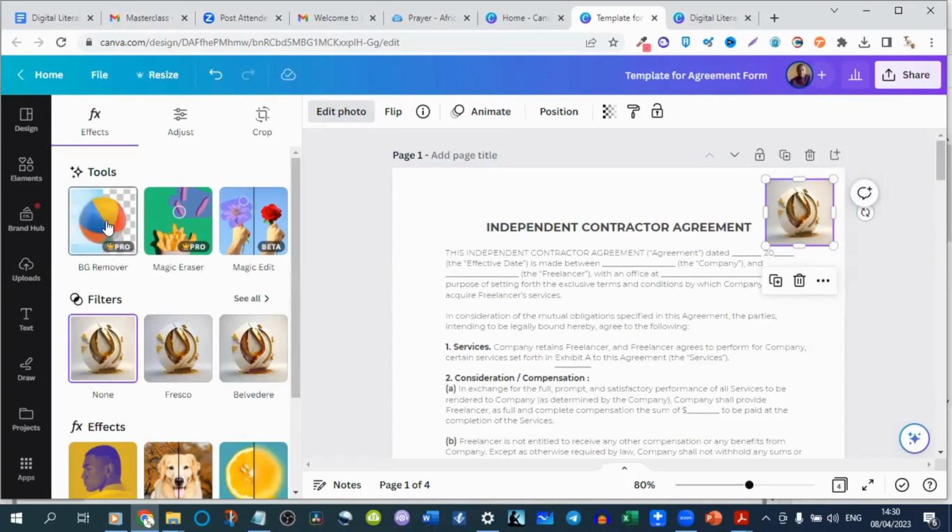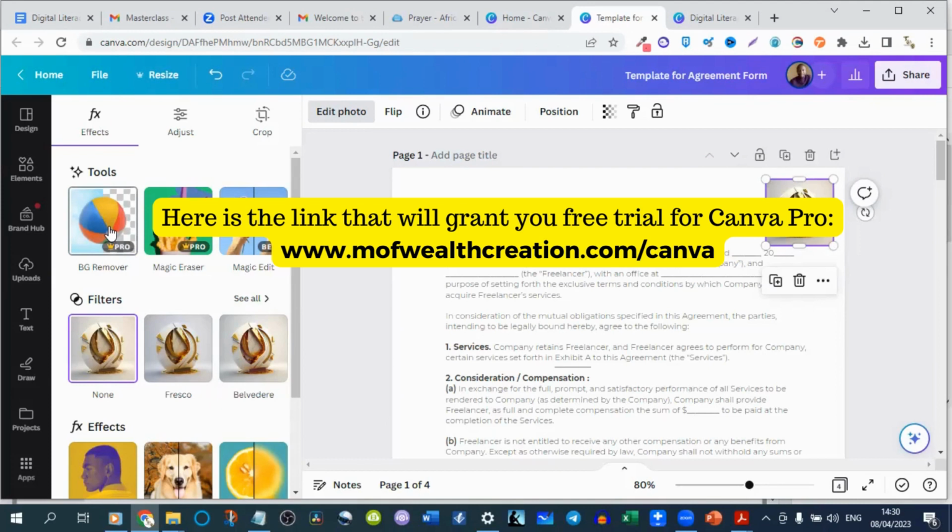But again, the link I showed you that I typed on my browser in the beginning, it will afford you a free trial for pro account. I think you can use that for 1 month, so that you can try it out. So with pro account, just practice with it. You are not paying anything for 1 month. And before 1 month elapses, you can just cancel your pro membership, but you can still continue to use the free